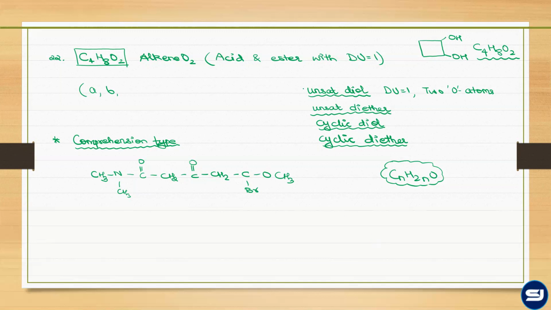Okay. So once you start understanding the concept of DU and the common compounds which it can represent, then identifying the other compounds is not difficult. So C will also be fitting in this formula. Butane diol will obviously not, because we just saw that in a diol the DU will become 2, so that is not applicable. Okay, then we have the comprehension.